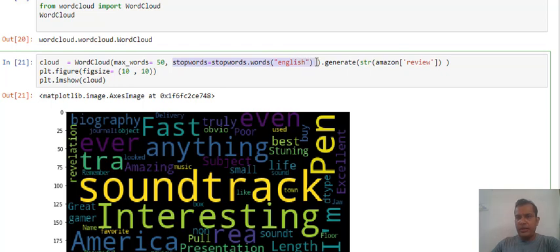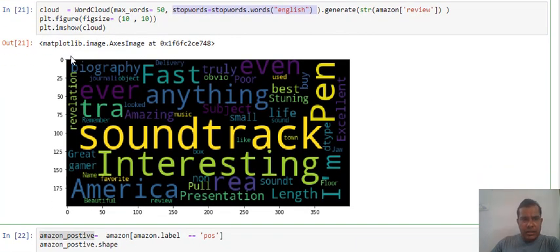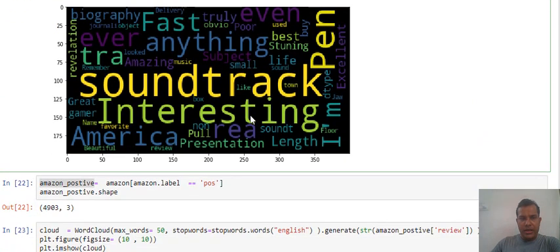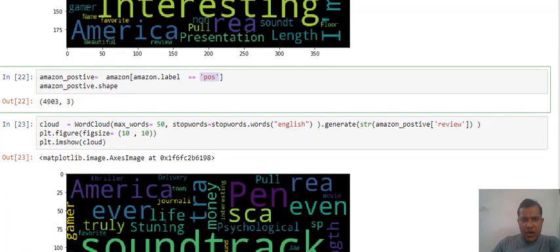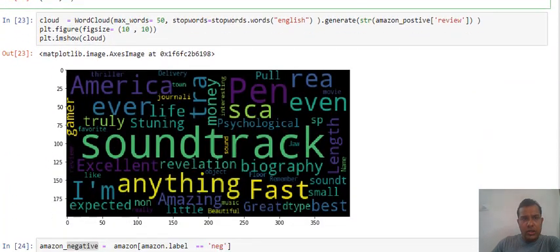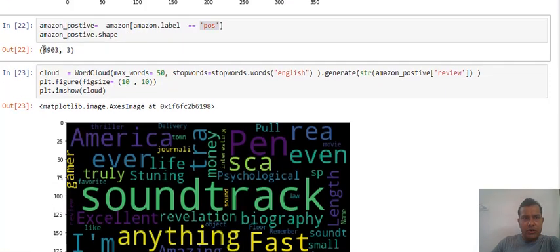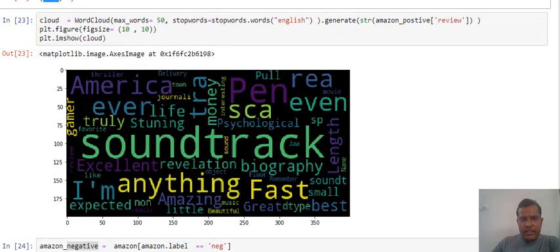But I want to see the most frequent words for the positive comments and the most frequent words for the negative comments. So I said amazon.label equal to POS, and now I am building a word cloud on only those records which were positive. There were 4903 records having positive comments, and in the word cloud I can see the most frequent words: soundtrack, pen, best, beautiful, music, like, stunning, truly.